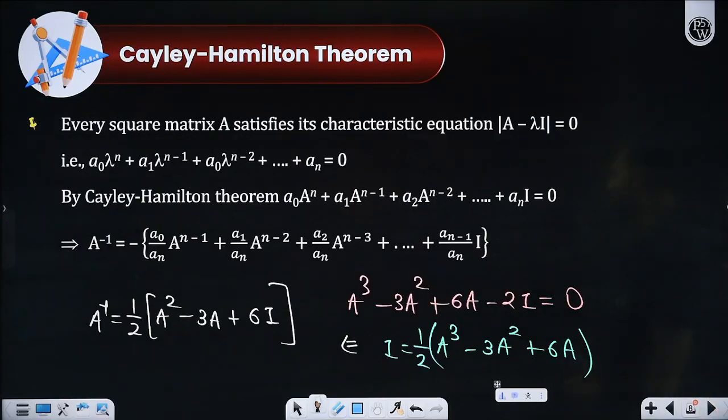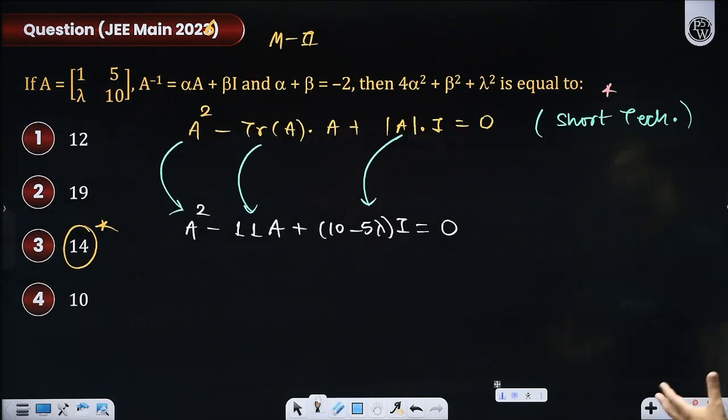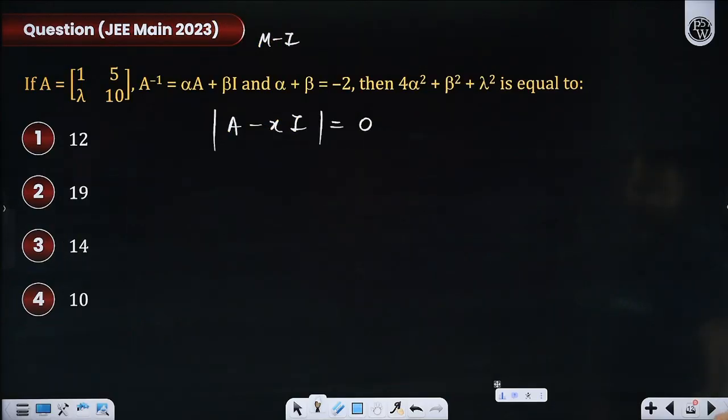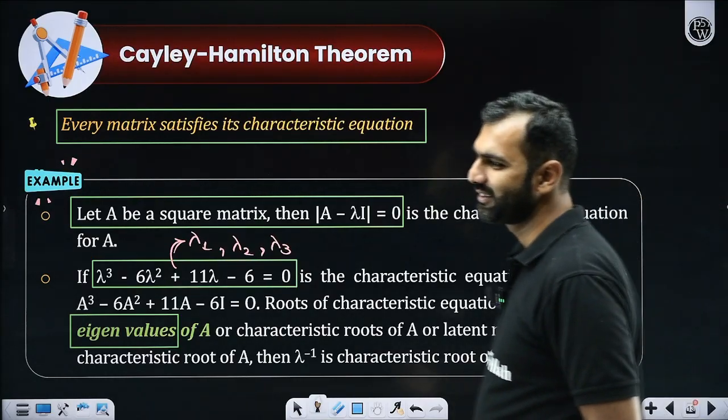So Cayley-Hamilton, characteristic equation, and all this is the same, whatever we are doing. People give them different names. Whatever their names are, it doesn't matter. You should understand the approach. So Cayley-Hamilton, characteristic equation, but I'm really glad you asked it.